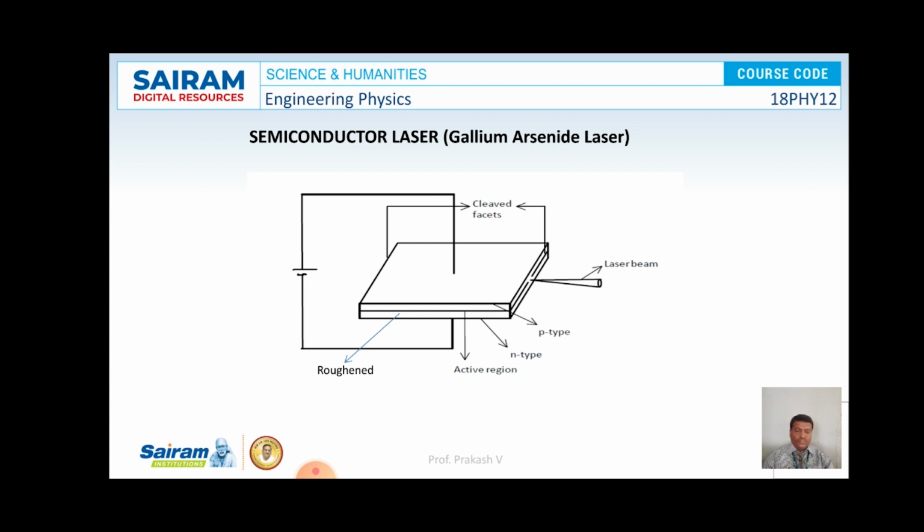If the current flowing through the diode exceeds a certain threshold value, then the number of electrons jumping from the valence band to the conduction band is great enough for population inversion to be achieved. Spontaneous emission takes place and a photon will be released due to recombination. This photon interacts with an electron in the conduction band, resulting in a stimulated emission which gives rise to the required laser action. Here, the energy gap of the semiconductor laser diode is observed to be 1.4 electron volts.